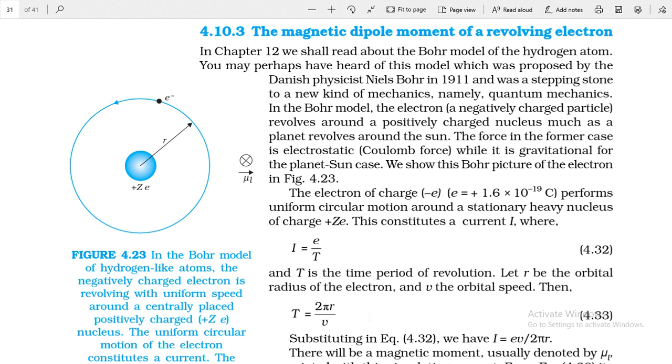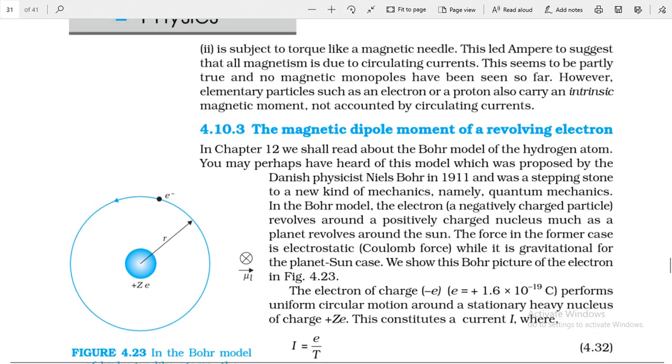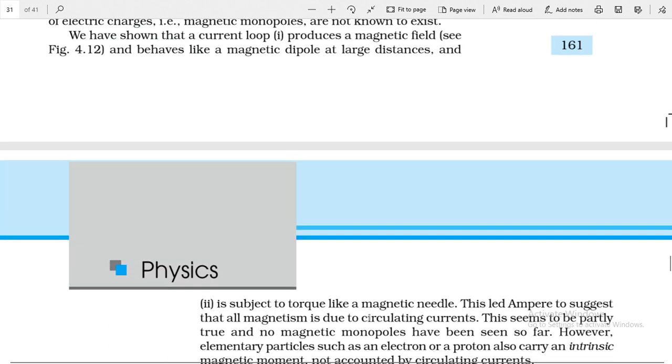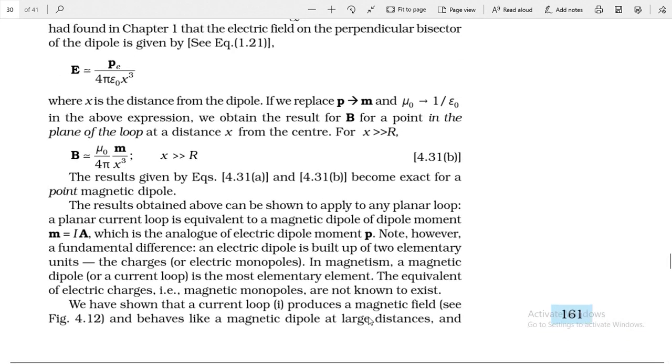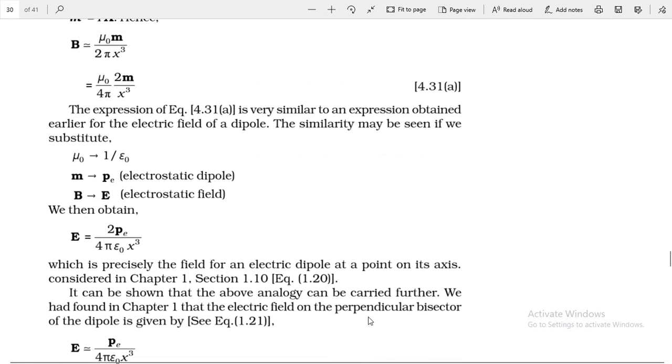We are studying magnetic effect of electric current. Dear students, in last sessions we have completed topics like Ampere's circuital law, then their applications, and after that we have completed the force between two current carrying long parallel conductors. And then we have completed the questions based on that topic. In the last class we have completed the torque on current carrying loop.